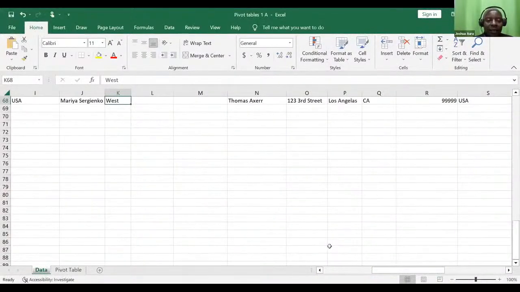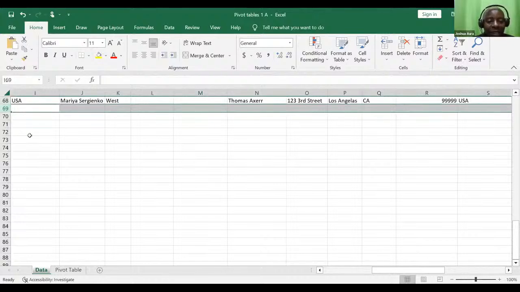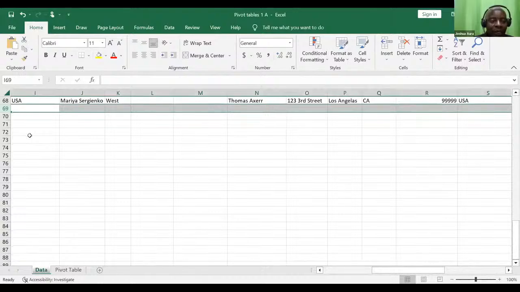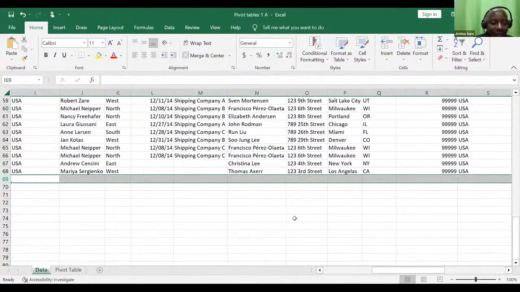Okay. So then go to row number 69. Highlight the whole of row number 69. Thank you. Control minus. Are you able to do that? You simply press on control, you hold on to it, and then you say minus to delete it. I can't see you doing that really. You see, you have highlighted it. Control minus.